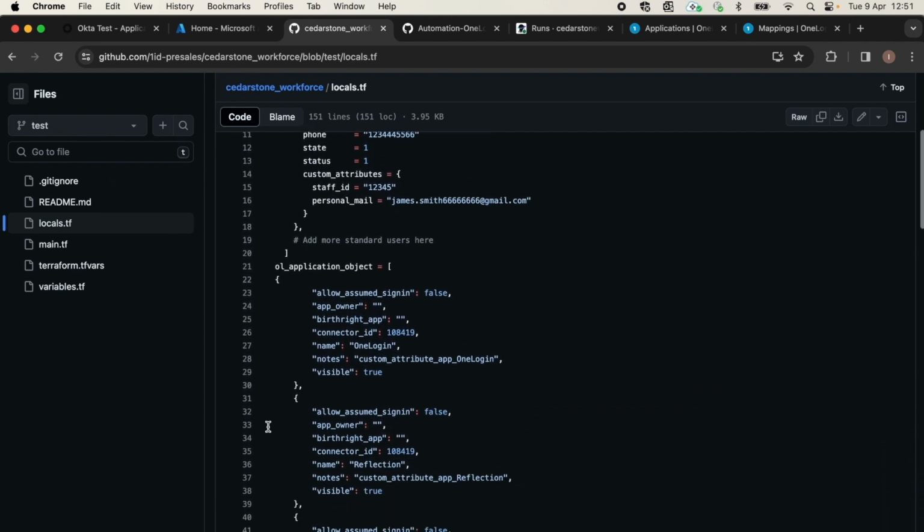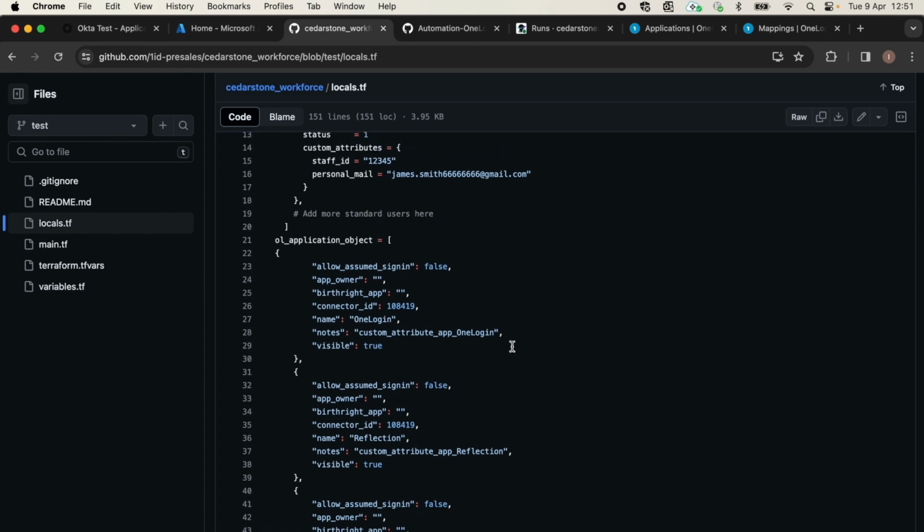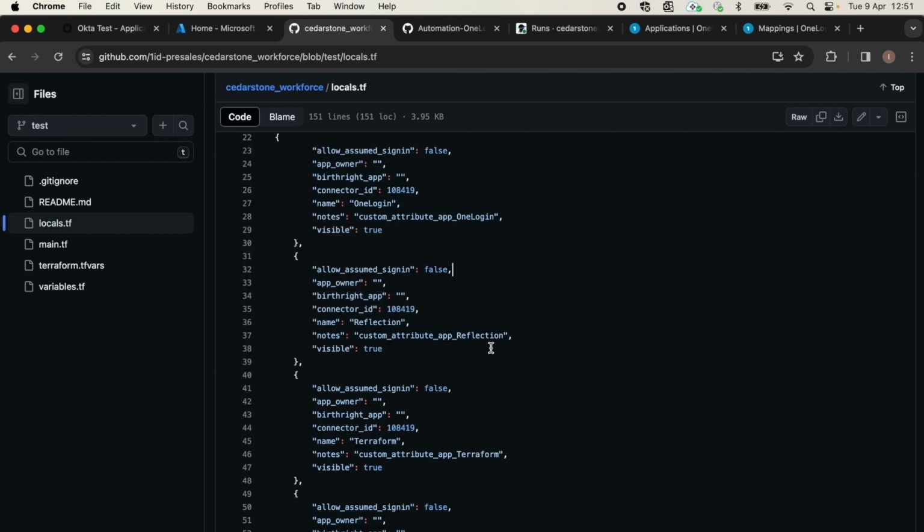So we have our OneLogin and Reflection application here. What we're going to do is set application owner. So we have a guy here who is going to be responsible to finish the configuration of those applications. He's the technical owner for the business unit responsible for these applications,